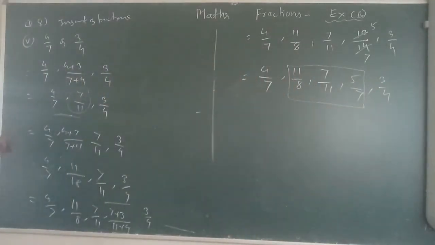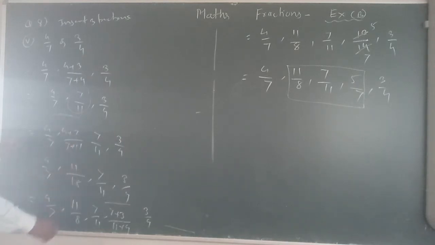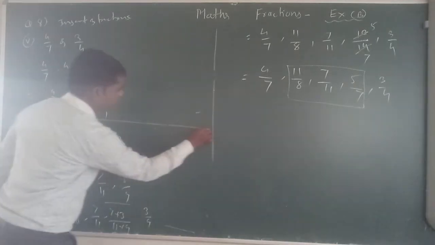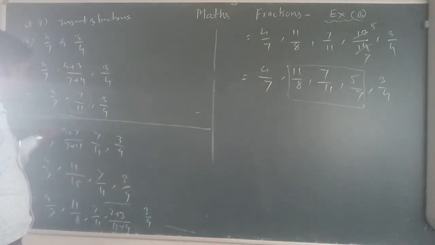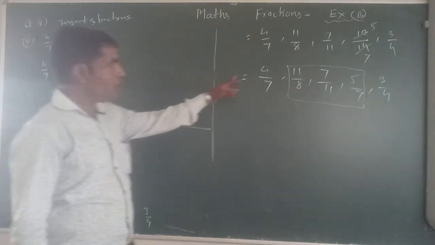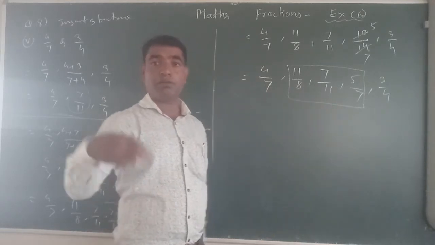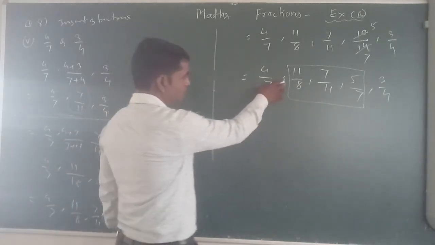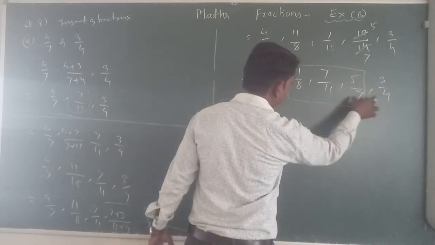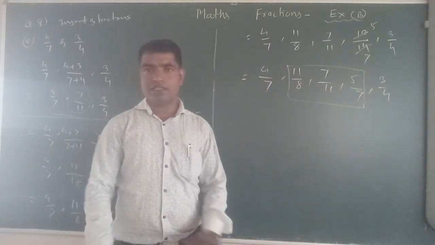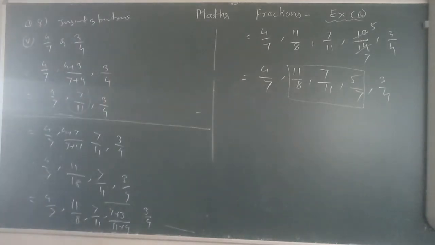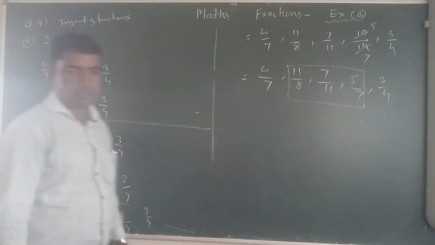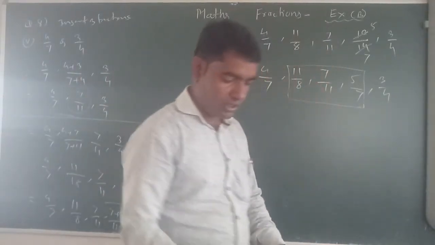And if you have to insert only one, your answer is finished here only. तुम्हारा आंसर यहाँ पे एक फिनिश हो जाता है. When the question is insert one fraction, तो तुम्हारा आंसर ये एक फिनिश हो जाता है. Insert 3, तो ये insert 3 हो जाएगी. Insert 5 बोला है, तो इसके बीच में एक इंसर्ट कर देंगे और किसी दो के बीच में एक इंसर्ट कर देंगे. लेकिन इंसर्ट 5 जनरली नहीं पूछा जाता है. 1 और 2 इंसर्ट करना है, तो ज्यादातर यहाँ पे 2 इंसर्ट हो गए, वहां पे तुम्हारा आंसर फिनिश हो जाता है. Okay, now after that the next problem.